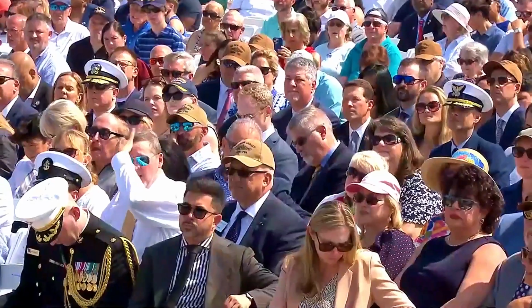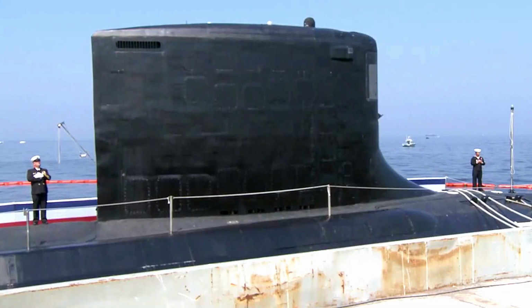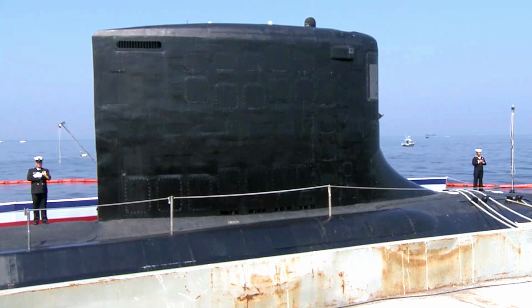As mayor, I feel a deep sense of pride that this commissioning ceremony is taking place right here within a community that deeply values service, sacrifice, and the enduring legacy of our town and our country. Today, we not only witness the commissioning of a highly advanced submarine, we are demonstrating our community's close connection to the sea, to national defense, and to the ideals of freedom and security that this vessel is designed to preserve